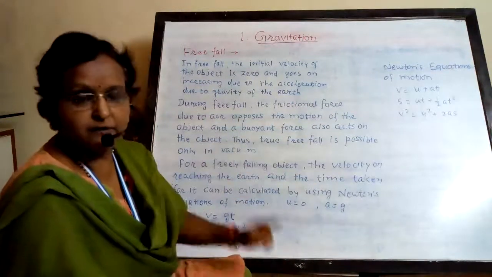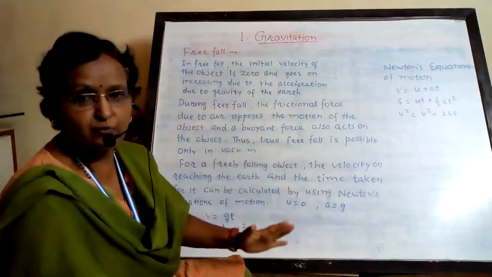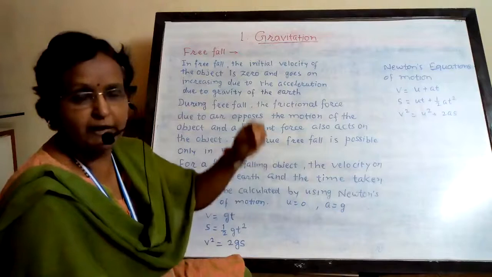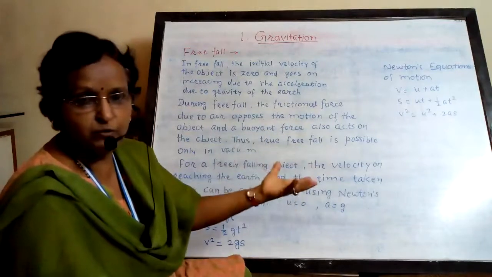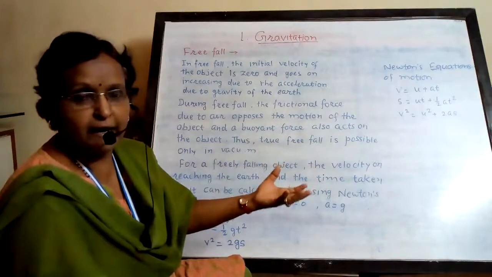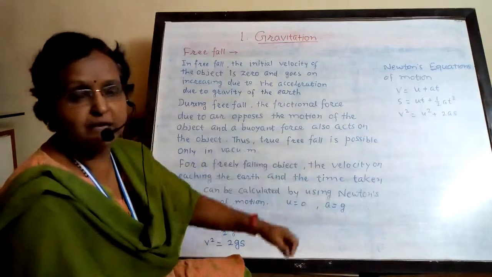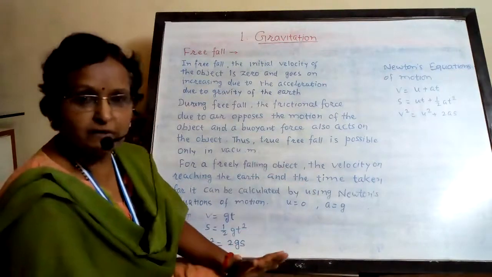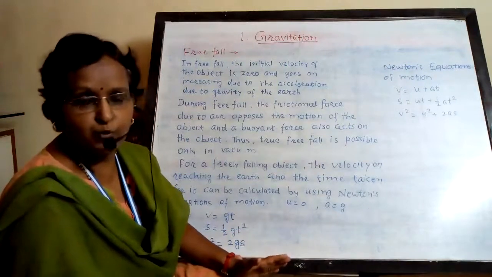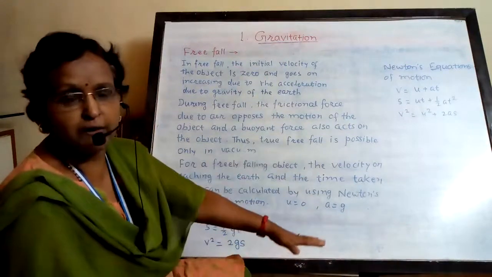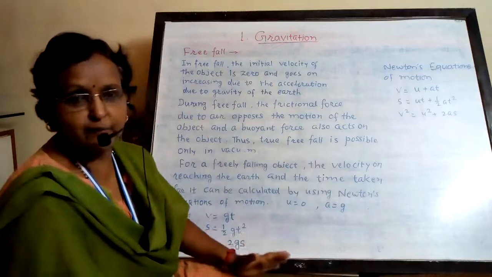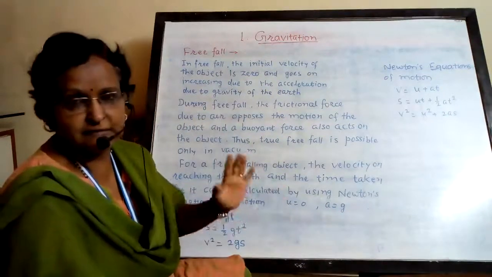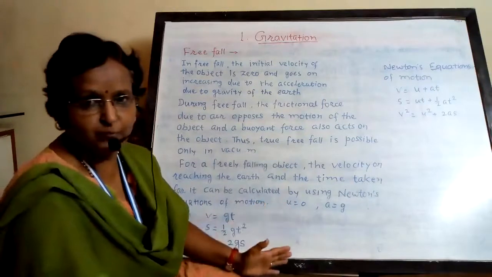But it is now proved, scientists have performed the experiment to throw a stone, suppose, and a feather, very light in weight, and they fall at the same time on the surface of the earth when there is a vacuum. This experiment has proved that both things fall down at the same time. So the gravitational force on each object acts the same, whatever the mass of the object is.